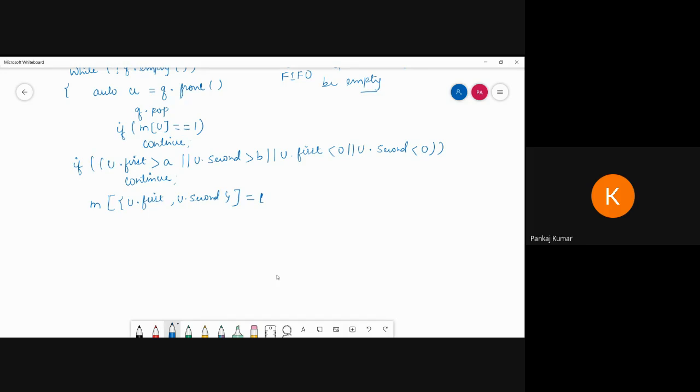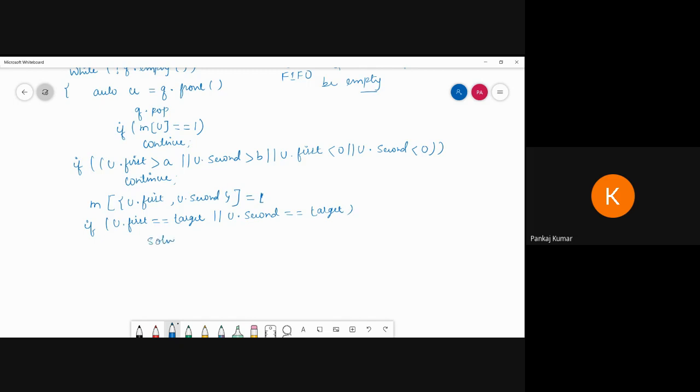So we are going to write if, again the same process, u.first is equal to target. Target means the small d value. Or we can write u.second is equal to target. Then we have to follow the solve function.